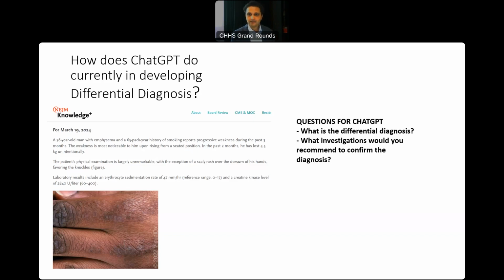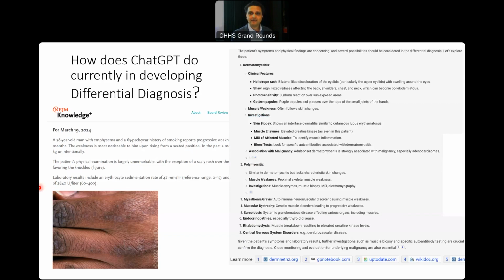Okay, so this is what ChatGPT came up with. Dermatomyositis, and it gave us clinical features, some investigations, a differential, and then some links to more authoritative websites. ChatGPT doesn't know any of this. It's just made this up. It's predicted the next word, but it comes up with a pretty coherent response. And this is a very passable answer in terms of what the diagnosis was. So I was impressed that it answered this question correctly.